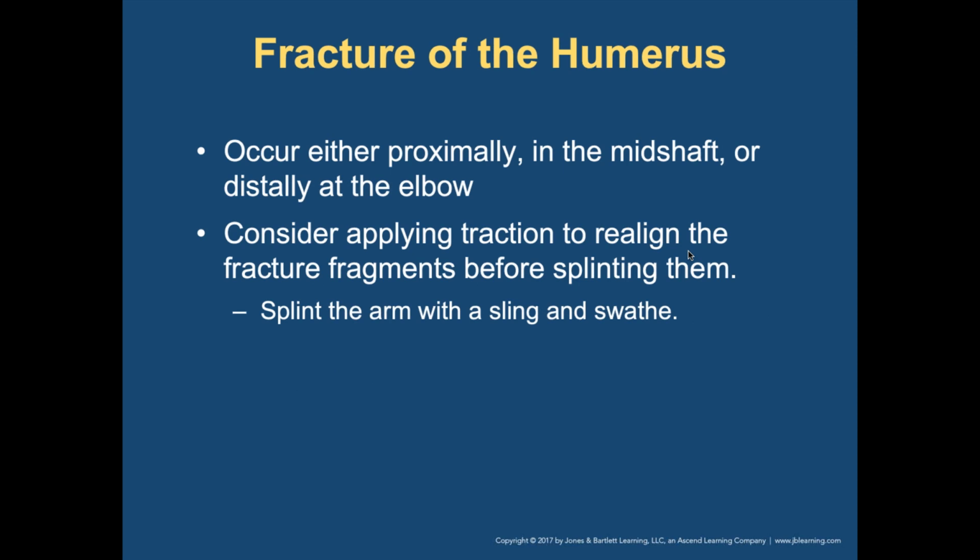So fracture of the humerus occurs either proximally, in the mid shaft, or distally at the elbow. Fractures of the proximal humerus resulting from falls are common among the elderly. Fractures of the midshaft occur most often in young patients, usually as the result of a violent injury. Support the site of the fracture with one hand, and with the other hand grasp the two humeral condyles just above the elbow. I have no idea what they're saying.